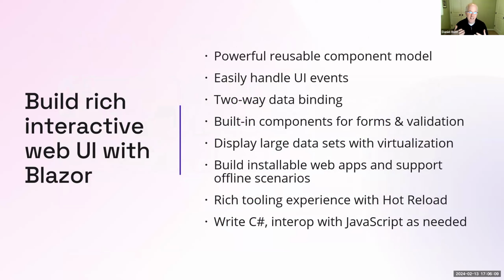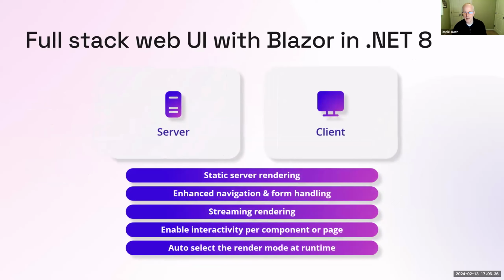You can use the latest open web standards with Blazor to build web apps that are installable and that work offline. We provide at Microsoft rich tooling for Blazor in Visual Studio and Visual Studio Code, including project templates, support for hot reload, and AI-powered code editing. And while you typically write your Blazor apps in C#, you can also interoperate with JavaScript libraries if you need to. Now, Blazor's been around for a few years now,